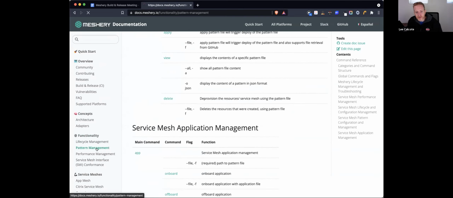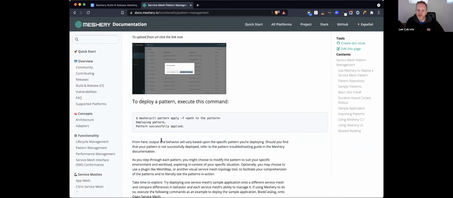It talks about what patterns are, but what it's missing is, if you go back up a little bit, to deploy a pattern, execute this command. Now, I think our experience there might have changed a little bit. So there are two sections, the UI and the CTL. Piyush, do you think you could take that for any of the content?